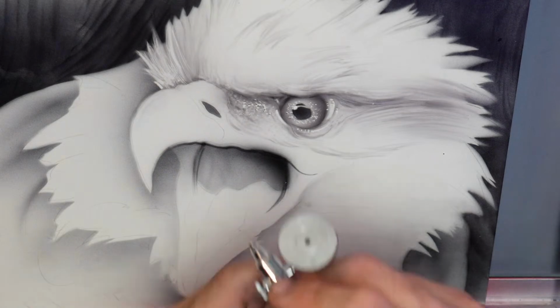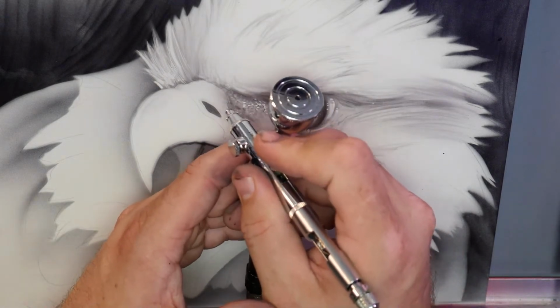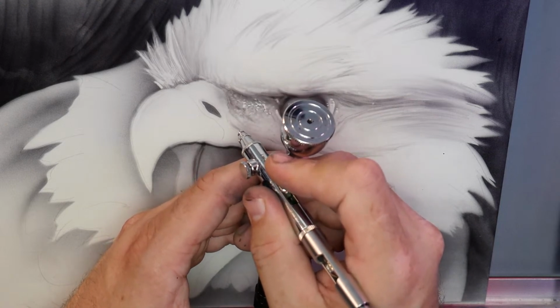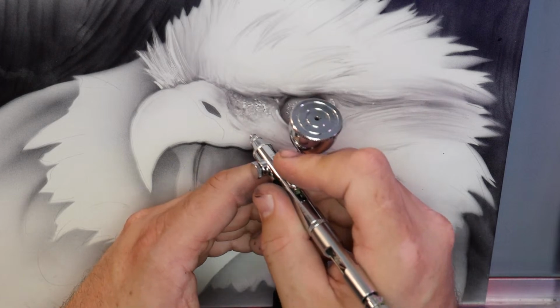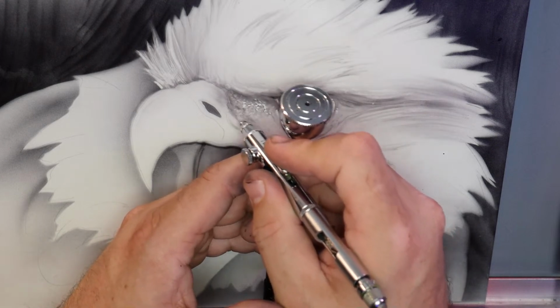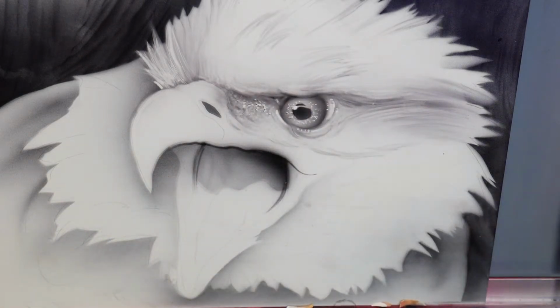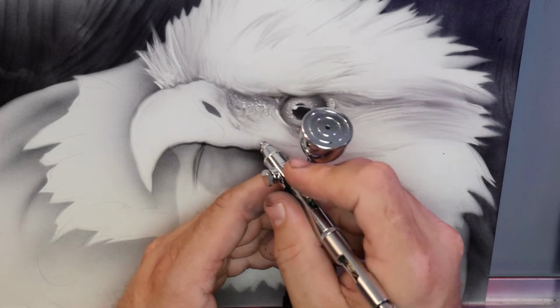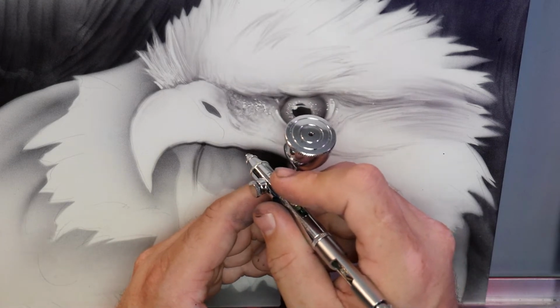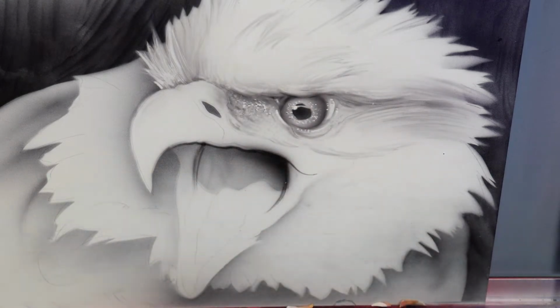Scratchy Feathers. That's Steve Leahy's stage name. Now, welcome to the main stage, Steve Scratchy Feathers Leahy. I don't know why I just thought of that, but...